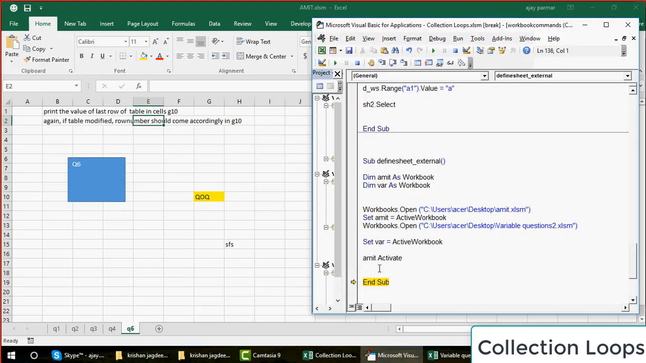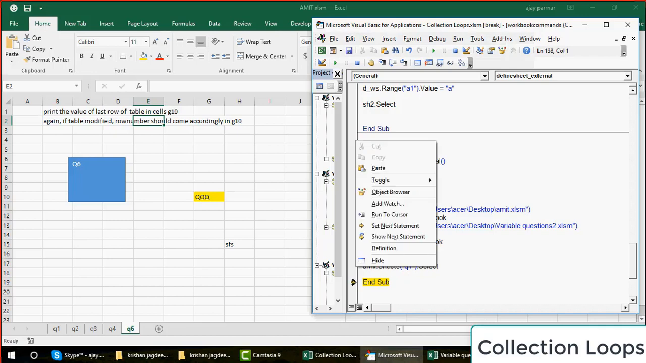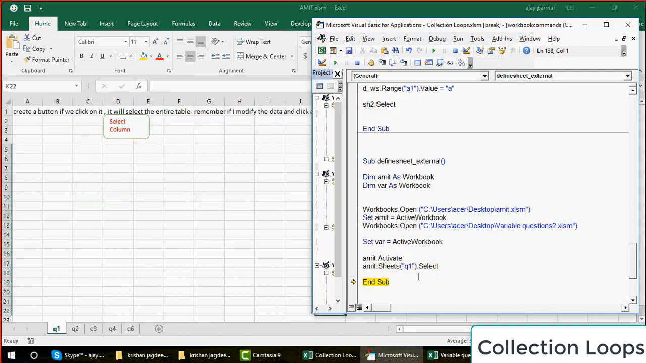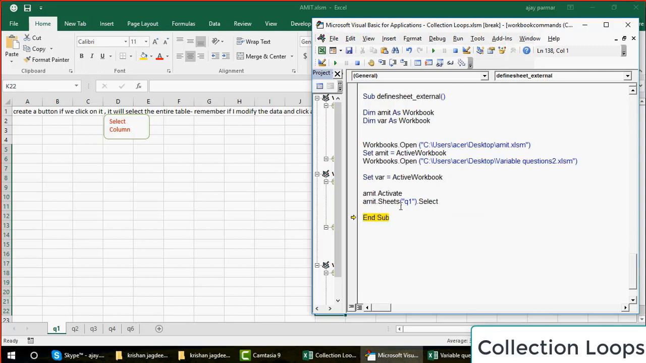Amit gets activated, and now here I will write Amit.sheets. This is how you write it, Amit.sheets, and then the sheet name Q1.select. That's how we write, isn't it? So I run this, and this will select the Q1, right? Now what I'm trying to tell you is, what if you want to create your own object for this worksheet as well, which is coming from another file? Is it possible? Yes, we can try to do that, right? So what you will do, you will create here